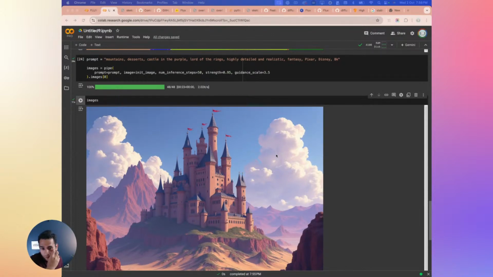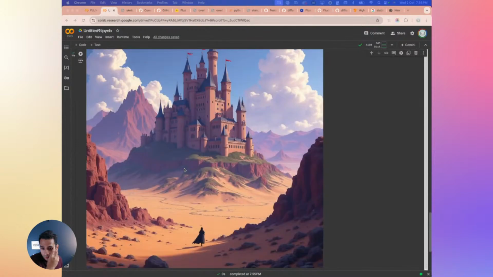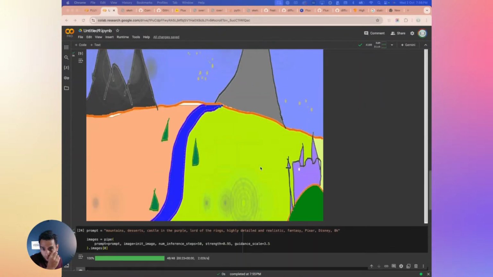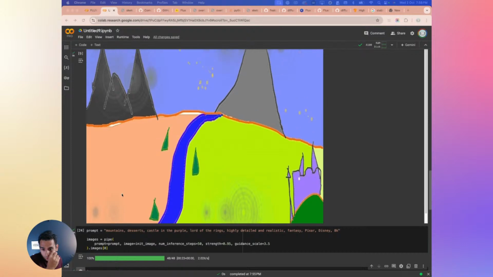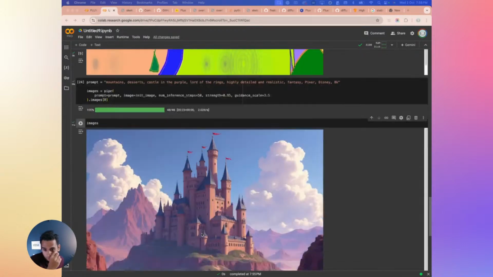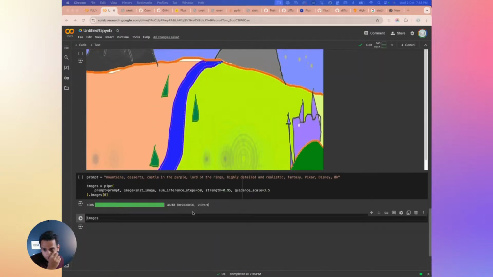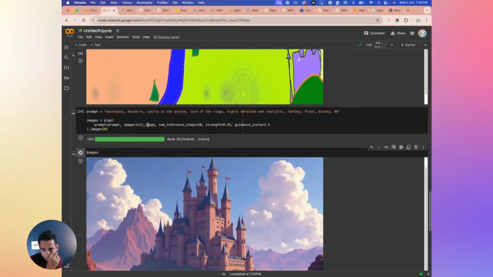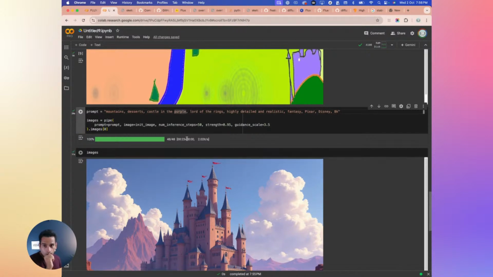And the model is doing its best to infer a good way. It's lost a lot of details which are there, like mountain, desert, castle in the purple. Not bad, I would say, but not too good also. I'm not super happy with this. I would say castle in purple,